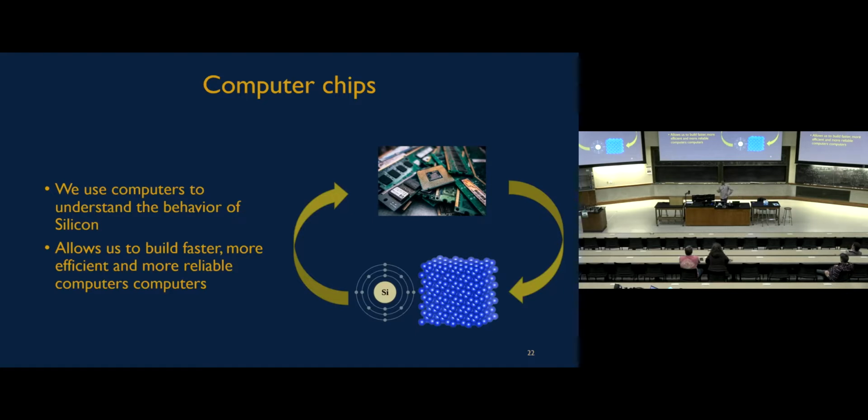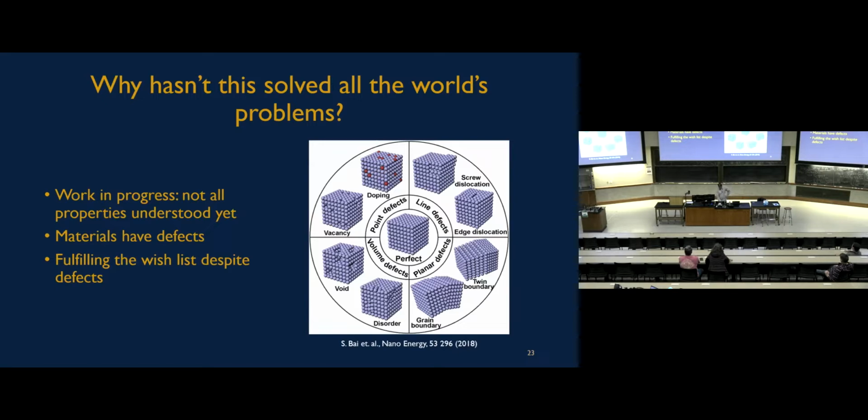And I want to close by saying that if these methods are so great and they work so well to find materials that we need, why haven't we solved all the world's problems? Right? We have energy crises. So why haven't we found materials that solve the world's energy needs, that allow us to capture sunlight or other forms of energy efficiently? Or why haven't we satisfied every need that we have? The reason is that, like everything else, this has its own limitations. So it's a work in progress.